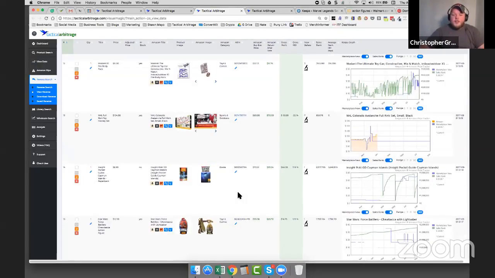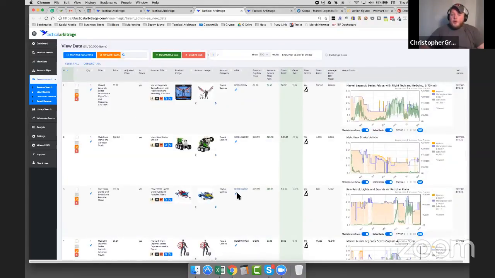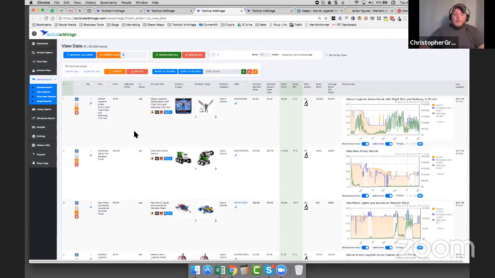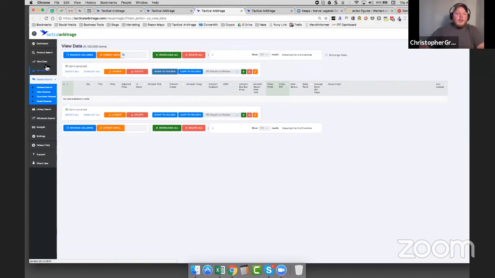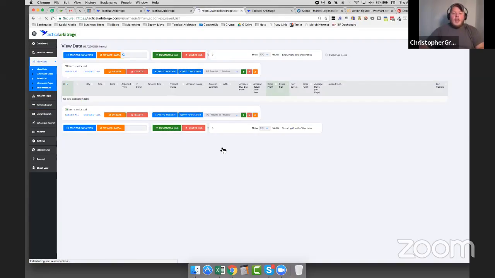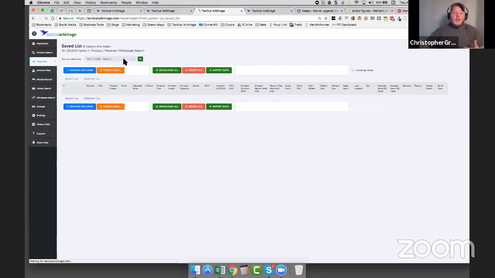Actually, let me step back for a second. The first thing I'm going to do is get all of this data out of my view data screen, and get it into my product results to review. That way I can go start another scan while I'm looking at these. And let's go to view data and saved list. Now, when I'm actually looking through the data,